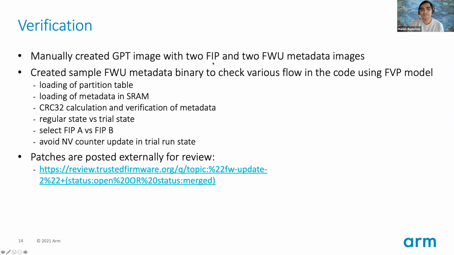And of the two FIPs, one is always the active FIP and one is the FIP updated by the update agent. To decide which to take, it's decided by reading this metadata. So we have created this metadata binary manually right now, as we don't have the full update client and update agent support yet. So we only created the manual binary with the two different versions of FIP